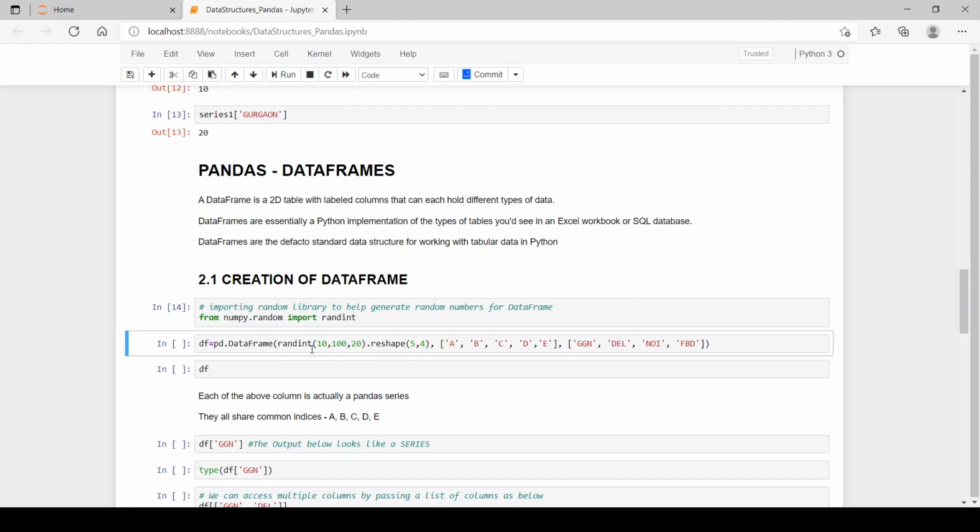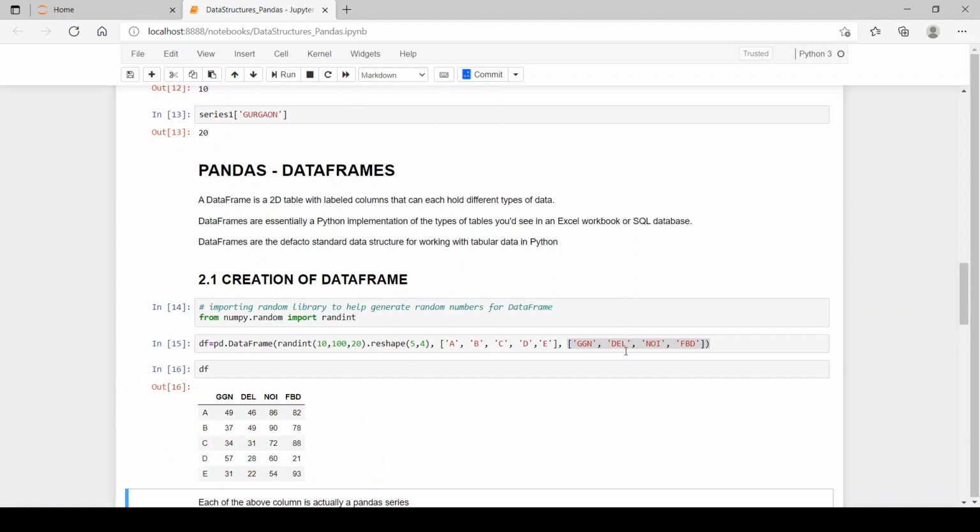So what randint does is it creates random integers between 10 and 100, 20 in number. Means we have 20 values from 10 to 100 which are of integer type. Then we have reshaped it with 5 rows and 4 columns. Now we have named our rows A, B, C, D, E and our columns as GGN, DL, DEL, Noida and Faridabad.